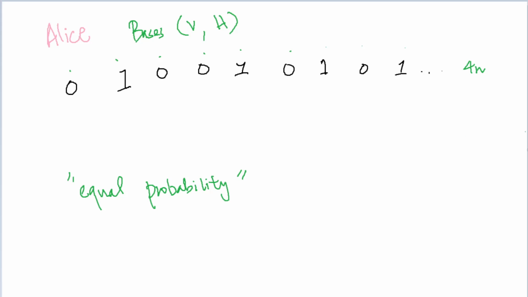Approximately. Now, you might say, all right, why do we use a total of 4n digits in this string? We'll get to that in a moment, because actually we'll be cutting down on the string in a few seconds. Now, when Alice chooses each basis, she's going to say, let's say we measure in vertical, maybe horizontal, maybe vertical, maybe horizontal, vertical, and horizontal, and so on and so forth. And she's going to be assigning a direction of measurement to each. And so she does that.